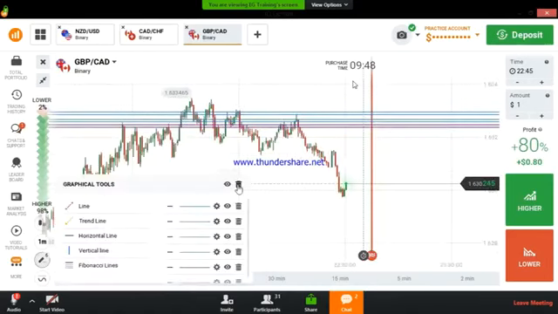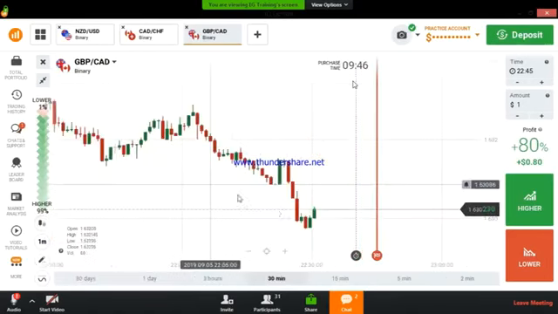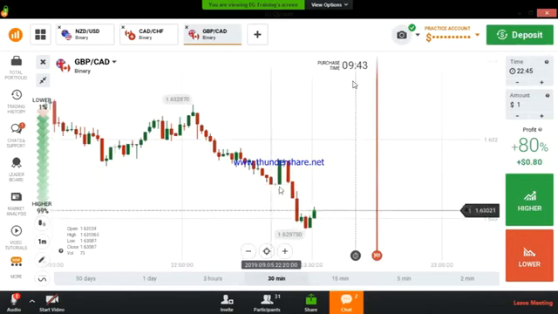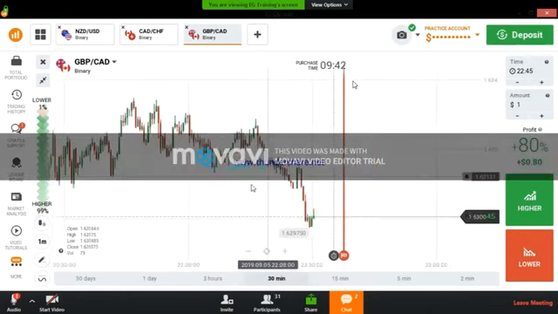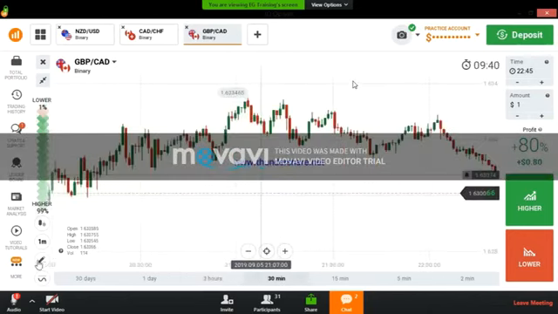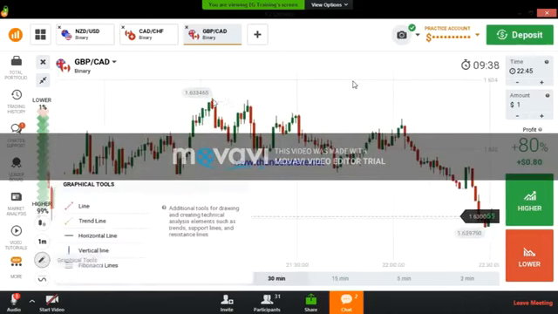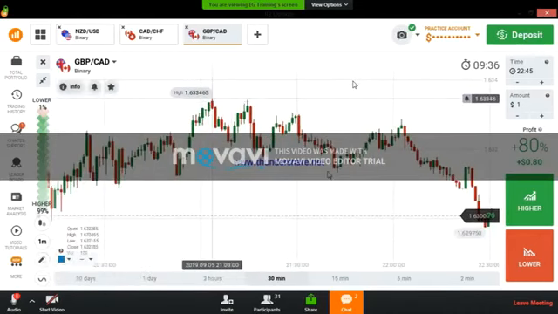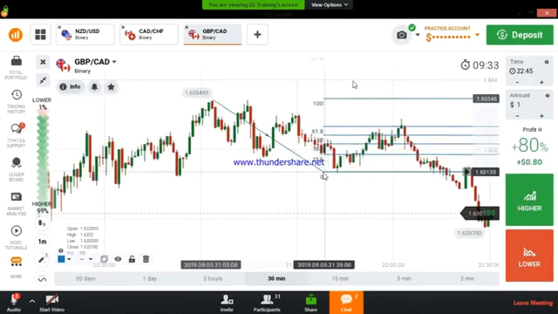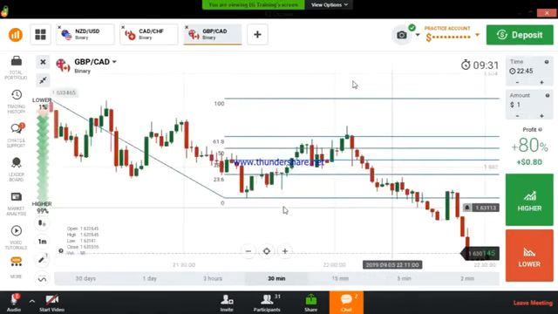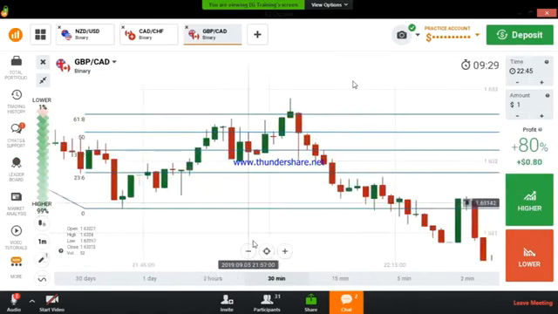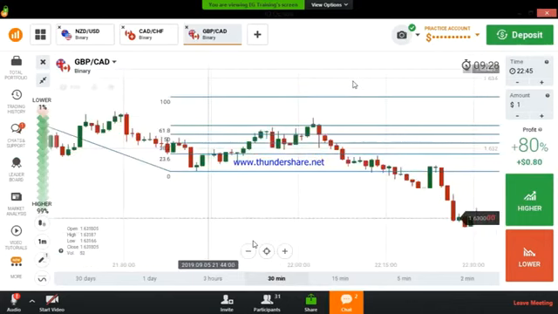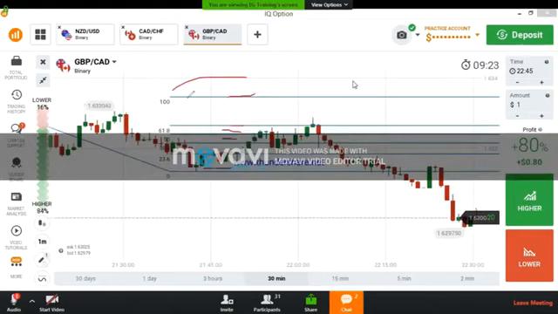If you want to draw a strong level, you need to go in the past history near to this price bar, or you can draw Fibonacci levels. I will draw a Fibonacci tool here from higher high to lower low like this. If you draw a Fibonacci tool, you will see some levels here. These blue lines are the Fibonacci lines, which are nothing but SNR levels.